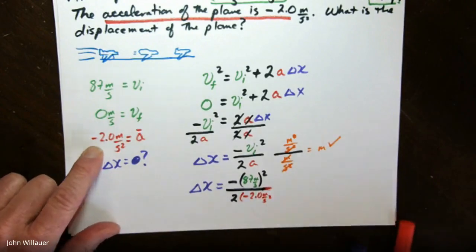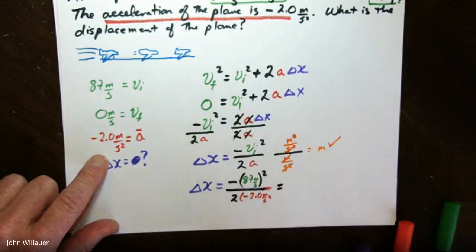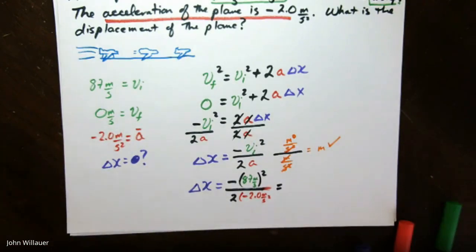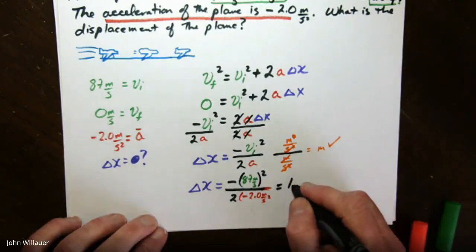And if we have that, then we can get our answer here. Let me find out what we have here. 87 squared, my fault. Divided by 2 divided by -2. I end up with